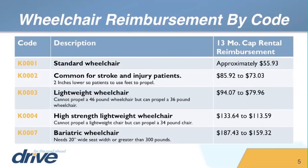They would sit back in the chair and use their heels to self-propel that wheelchair. So that would qualify them for a K2 wheelchair. Once you go up from that, you would go to the K3 wheelchair. The first thing is that the patient has some upper body extremity weakness, or even lower body extremity weakness if